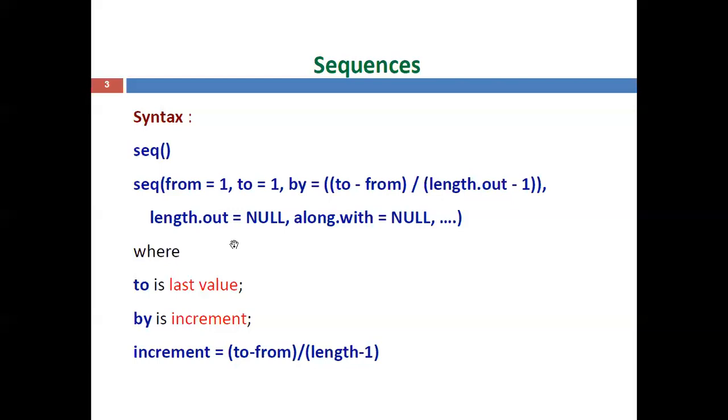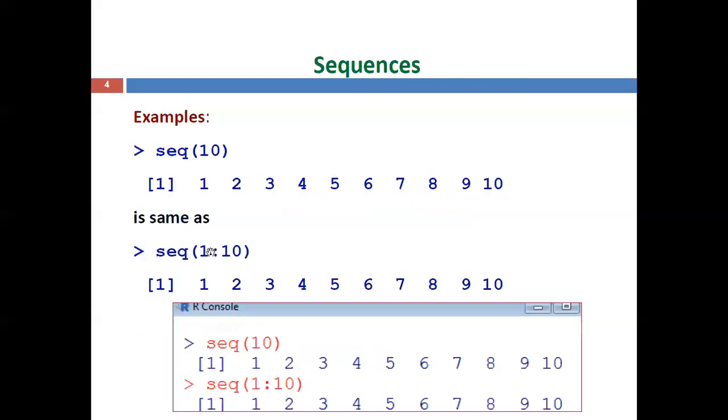You can recall that the same syntax will be used, but now working with vectors, dates, letters, and alphabets. One more example you can demonstrate here. Earlier we used sequence of from value, comma, to value, in some cases using by, in some cases using length. Then another way we demonstrated: sequence from a direct value comma to a direct value without using from equal to and to equal to. Two methods we discussed.